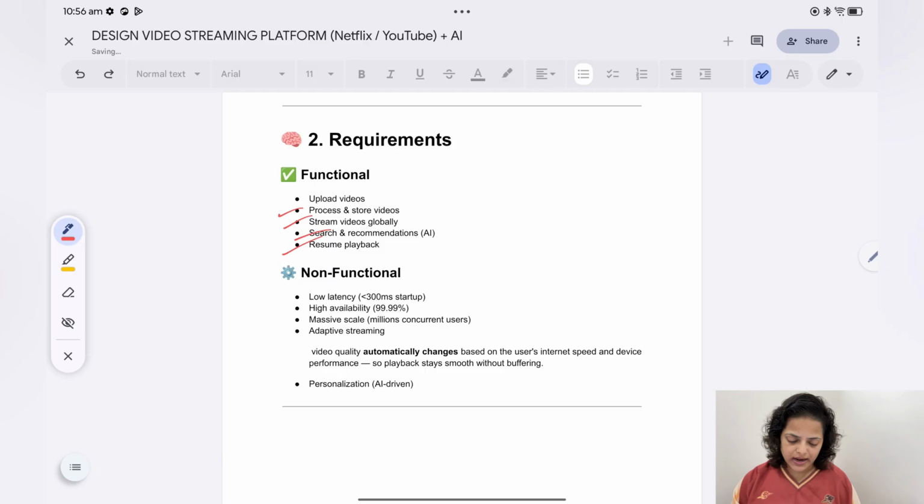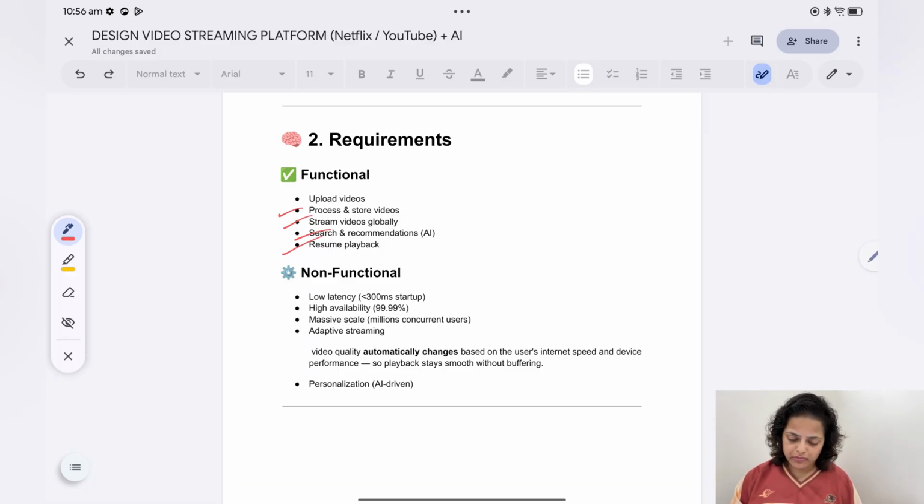So it means the user can first upload the video, then the system should process that video, like use different compression algorithms or different bitrates, and save it in different formats.